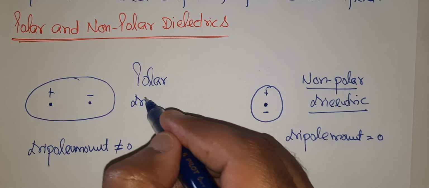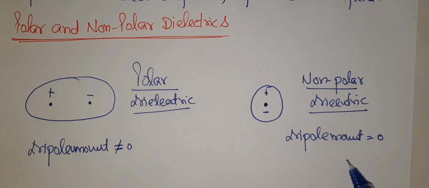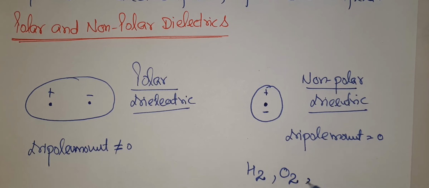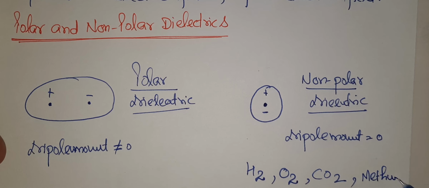And this is a polar dielectric. Now examples of non-polar and polar dielectrics. Okay, now H2, hydrogen gas, O2, oxygen, fine, CO2, C, O and O on both sides कैंसिल कर देंगे, फाइन, ठीक है। देन मीथेन, बेंजीन।